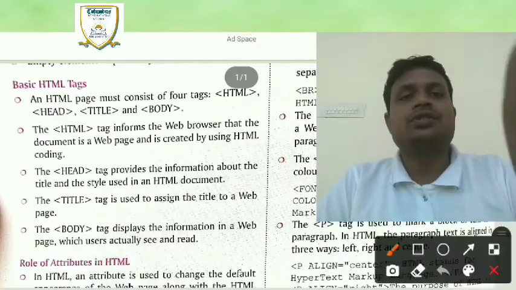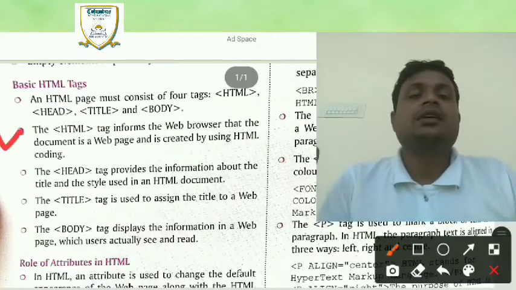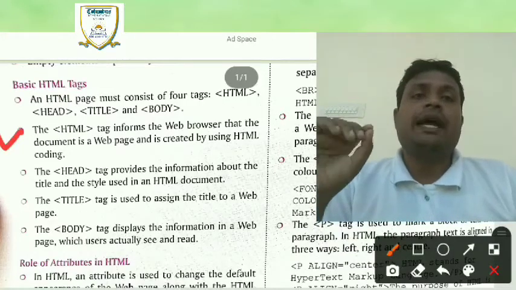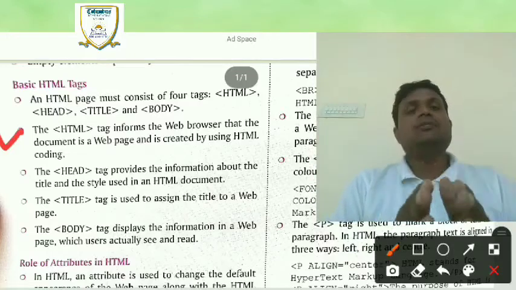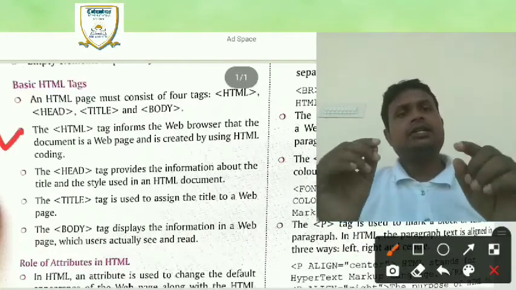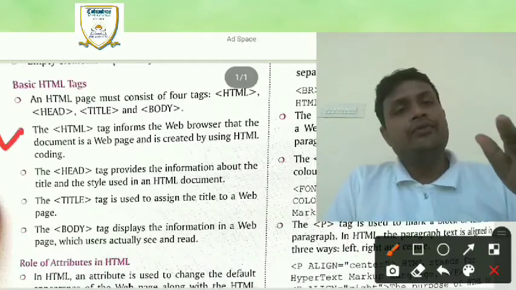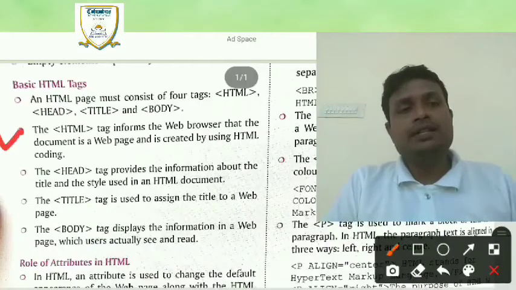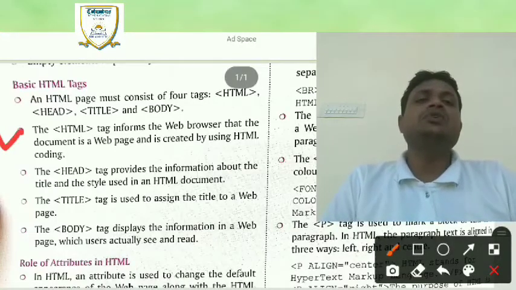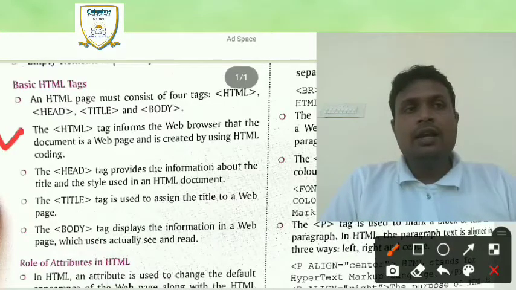First tag, you just see, students, the HTML tag. Students, the HTML tag informs the web browser that the document is a web page and is created by using HTML coding.